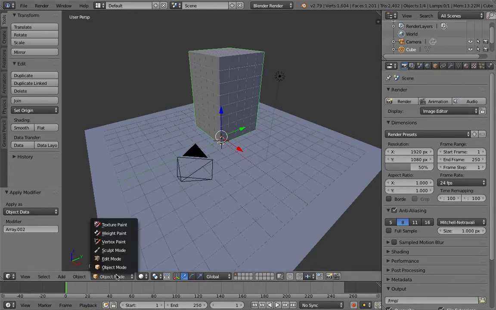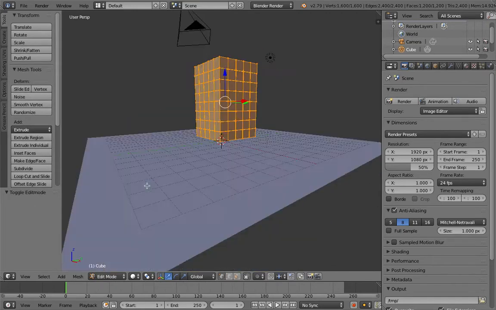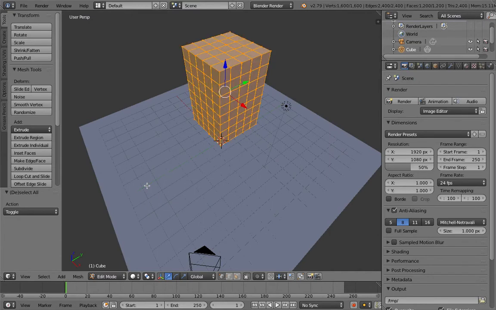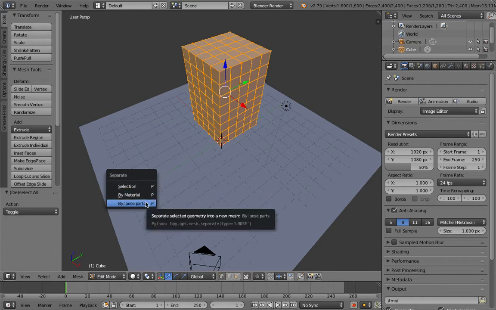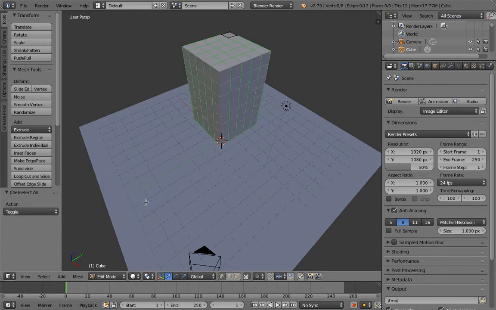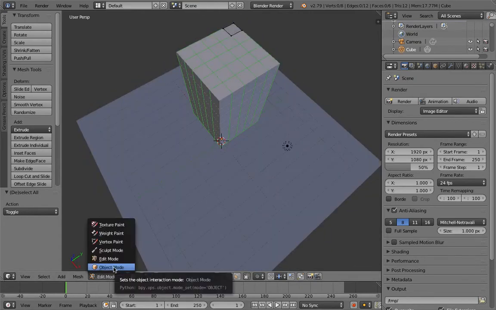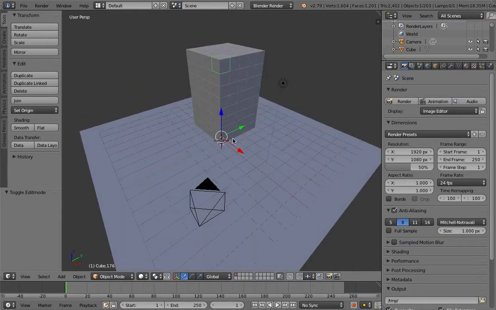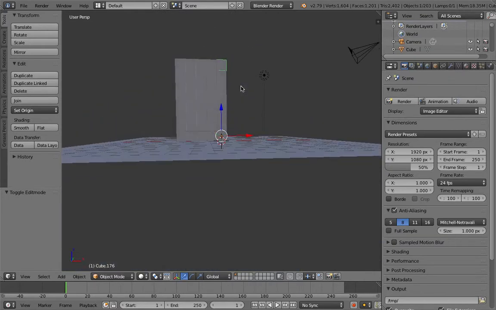First go into edit mode, and then with everything selected, so just press A, and then press P to separate by loose parts. So now they're actually separate things. Okay, now we've done this,